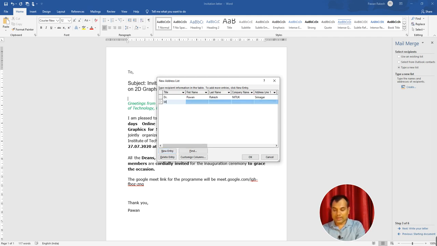Now I want to add a new entry in this way. You can write Mr. A, then B, then company name C, then address D, then the city is E, state is F. You write a number here, a six-digit number.